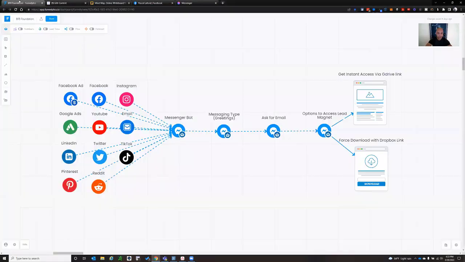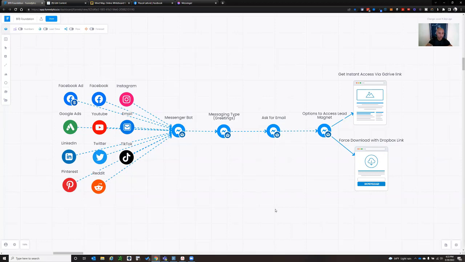There's another simple and elegant solution out there, and this is what I'm going to share with you guys today. So let me go again and share my screen. And so this is what I'm talking about here. I'm going to go through this framework with you guys and show you how you can start generating leads,